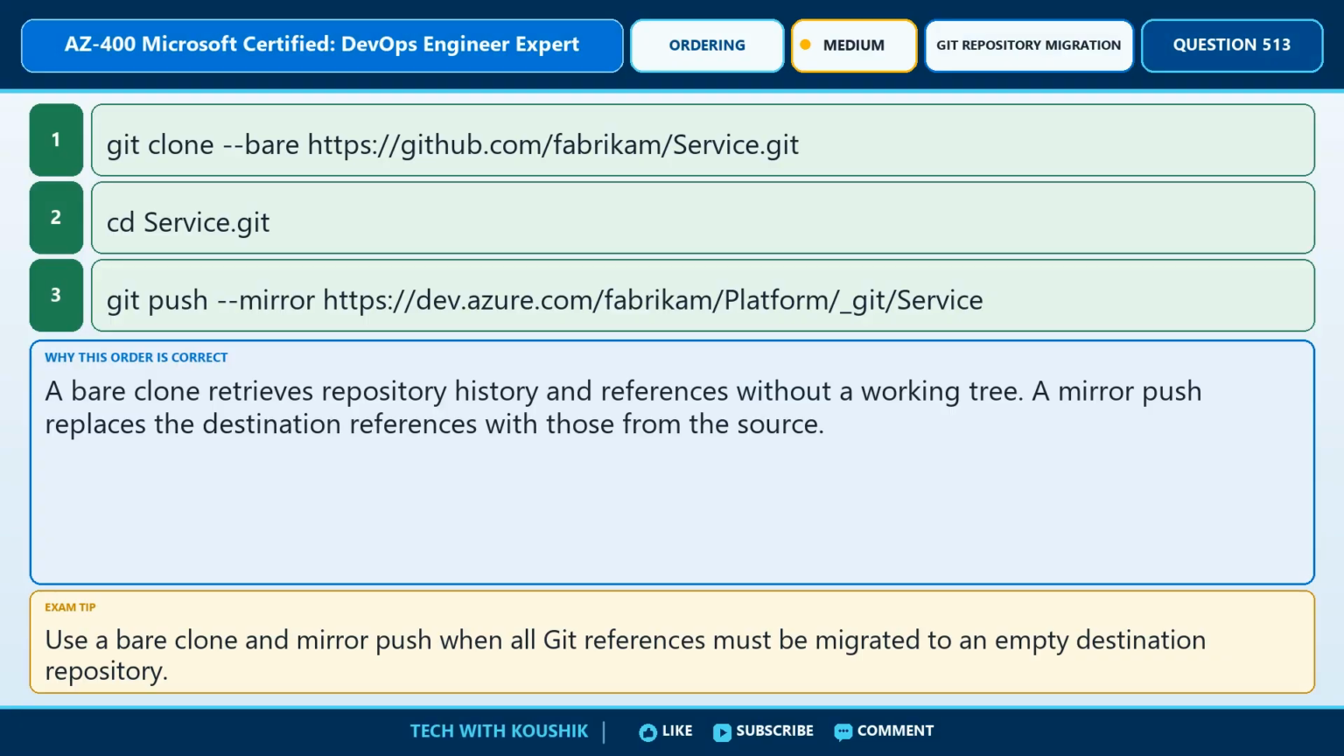The correct sequence is as follows. First, git clone --bare https://github.com/fabricam/service.git. Second, cd service.git. Third, git push --mirror https://dev.azure.com/fabricam/platform/_git/service. Here's why. A bare clone retrieves repository history and references without a working tree. A mirror push replaces the destination references with those from the source. Exam tip. Use a bare clone and mirror push when all Git references must be migrated to an empty destination